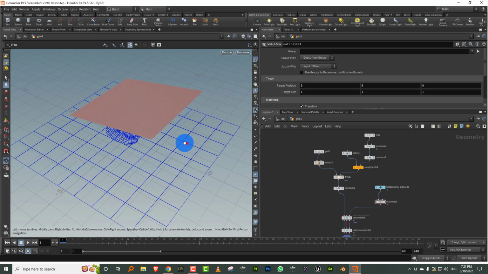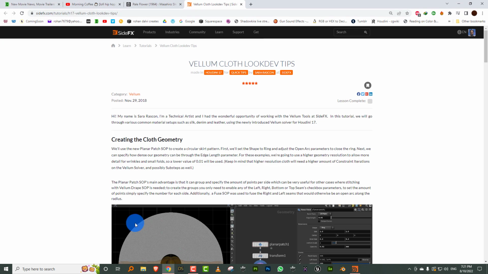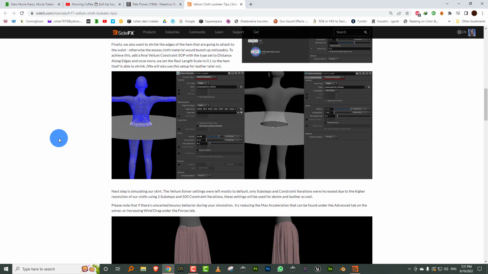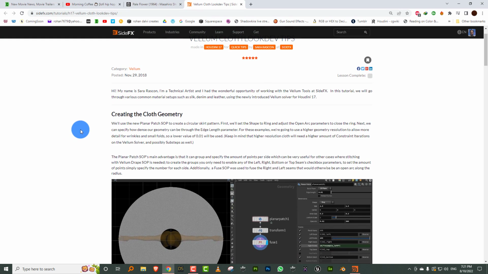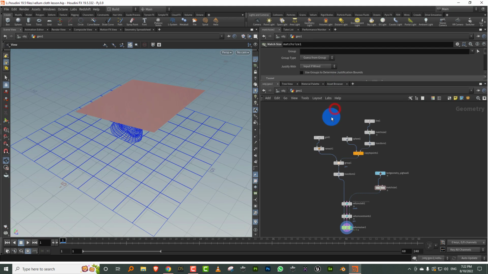So I decided to just look things up online, and I found this one link which is quite useful. This is old, but it still applies for most of it. If you just do a search for Vellum cloth look dev tips, it has some really good settings that you can follow to give you results for at least 3 basic types of cloth, which you can then modify to make anything out of it. So that's what I'm going to cover in this particular lesson. Okay, so to get started,